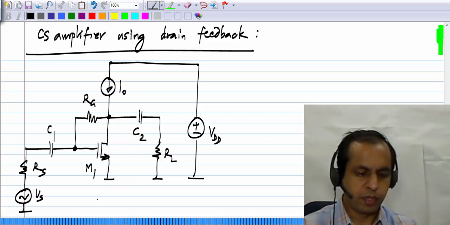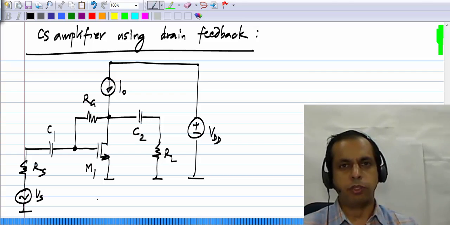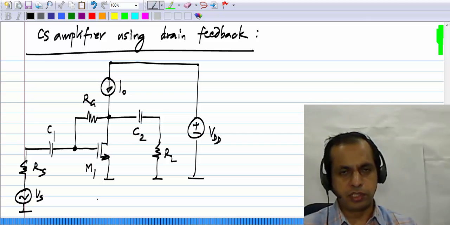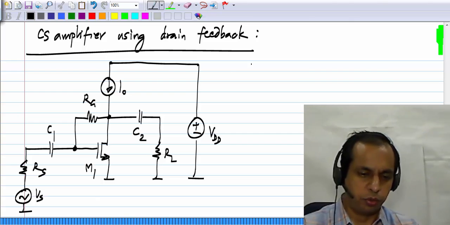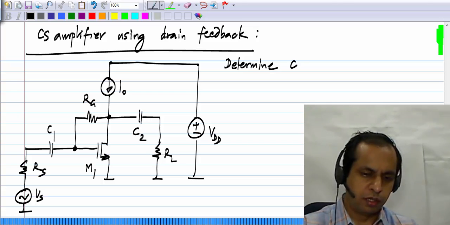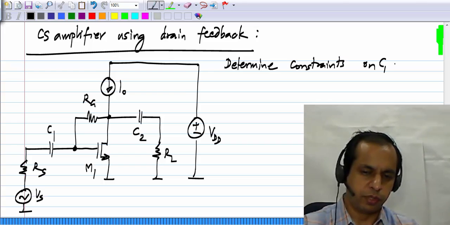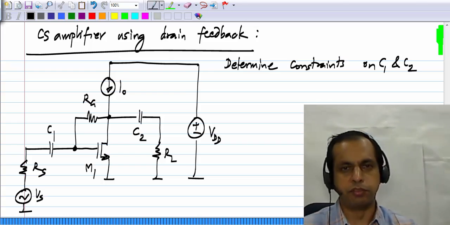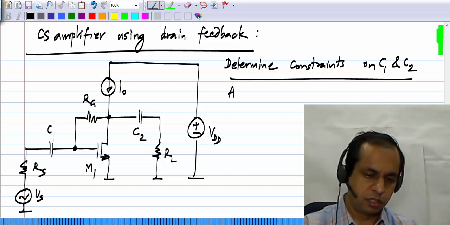So this is the topology. Like I said, hopefully you understand all the logical steps leading to this. Now we have to, of course, go and analyze this, use our circuit analysis skills and analyze the effect of everything. So we need to determine the constraints on C1 and C2 just like before. Also, we have to analyze